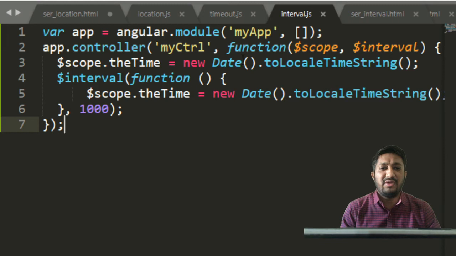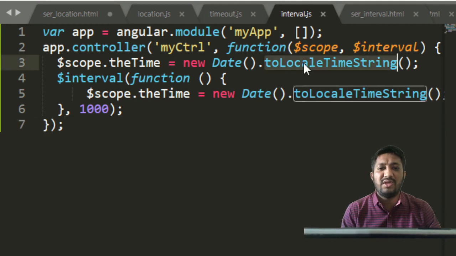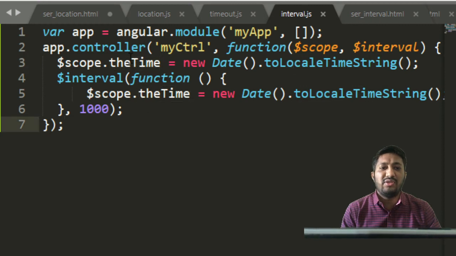So for that we are using the concept of which class? The Date class. We are aware of the Date class in JavaScript. So date.toLocaleTimeString: the date function will return a very long string with time, timestamp, time zone, everything. From that, if you want to fetch some specific value in our local time, then we use toLocaleTimeString. That will be stored in the time variable.